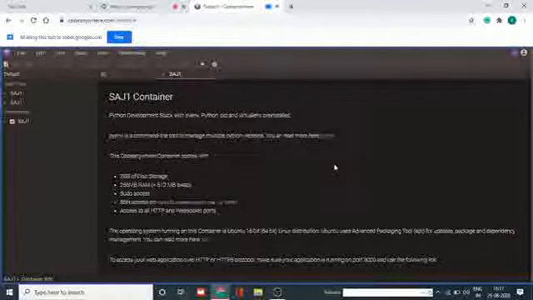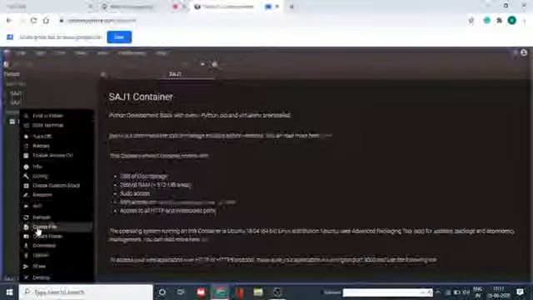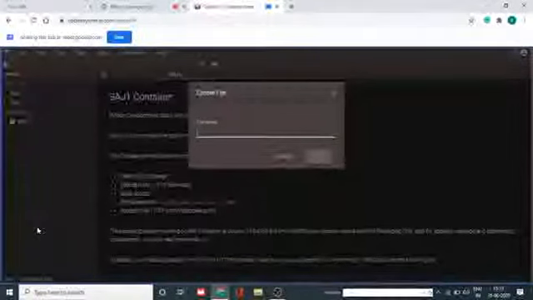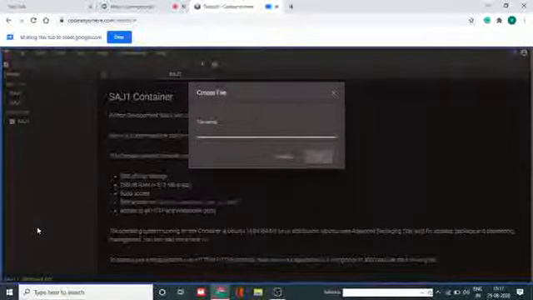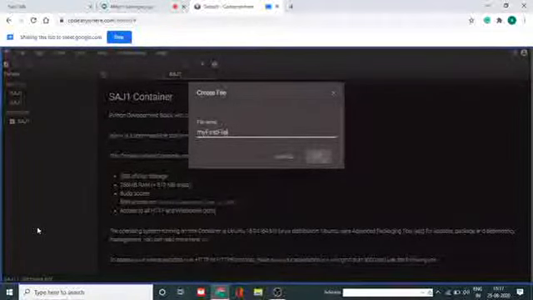Now the next step is to write the programs. For that, you have to click on your project name, right click and click on create file. Then you have to provide a file name. Let it be my first file. Since I am going to perform this in Python, I'll give the extension as py. Click on OK. Then the editor window will open, and here you have to write your code.